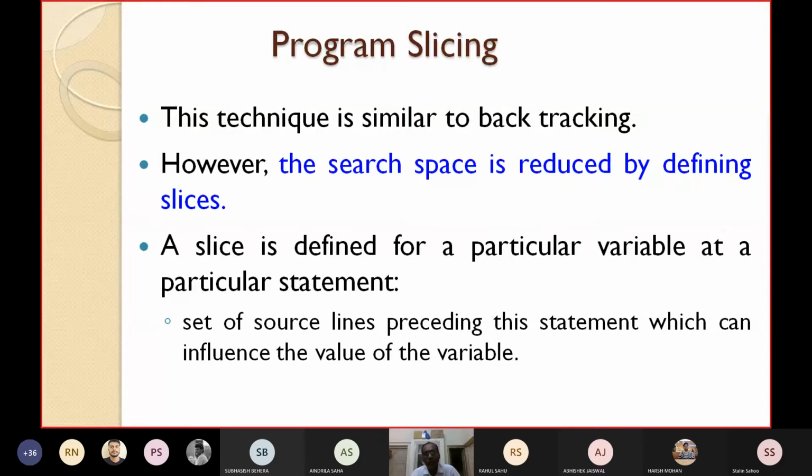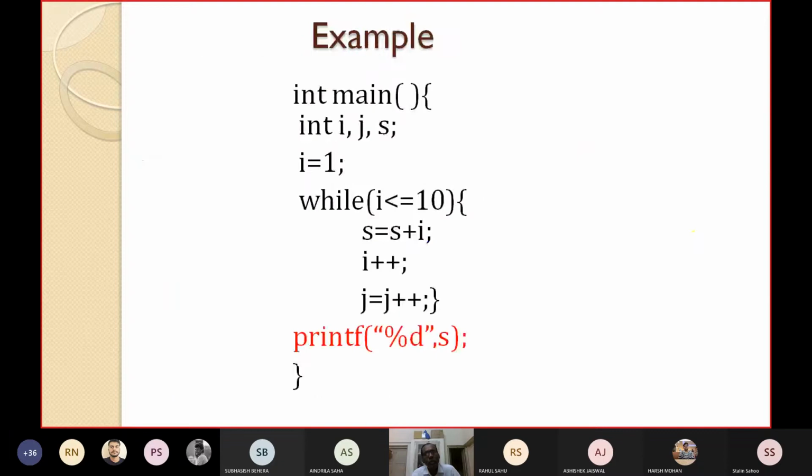Here we have written printf s. What I have to do in slicing is traverse from s, but I should not traverse all the lines previous to that. I only have to find out which statements present before the print statement influence the variable s.